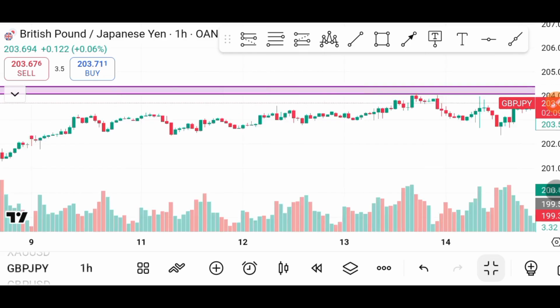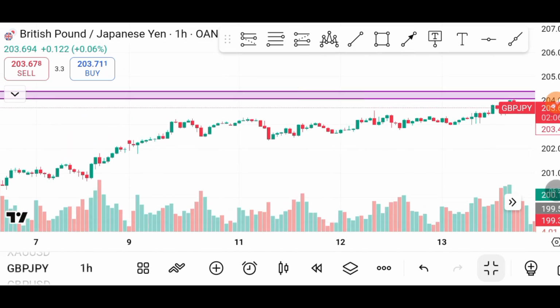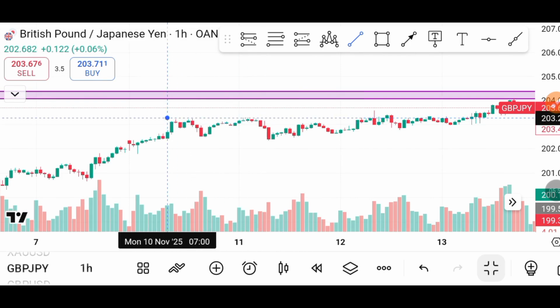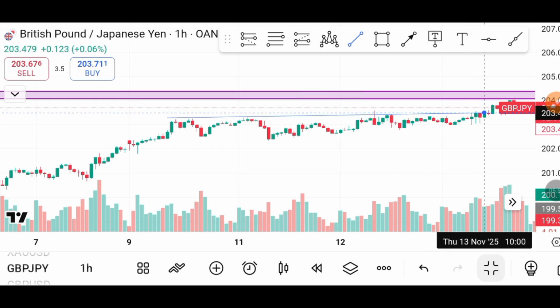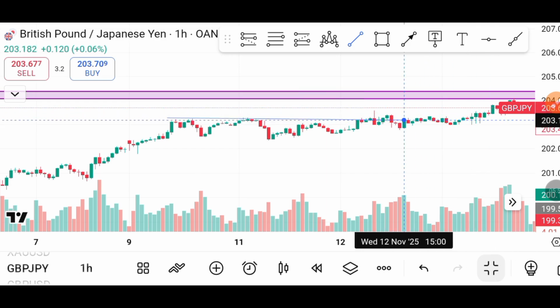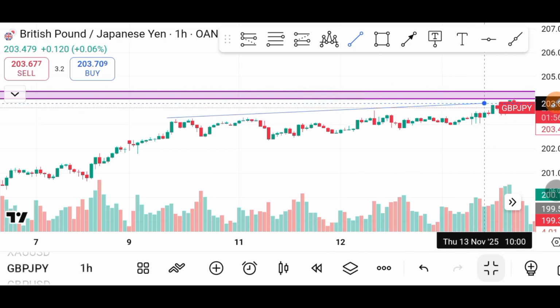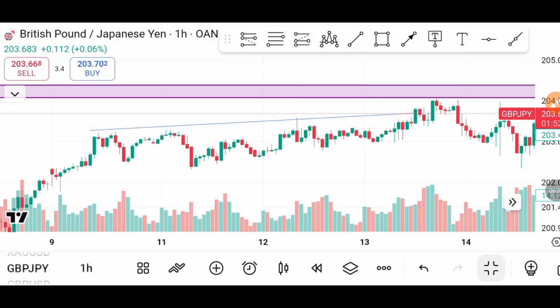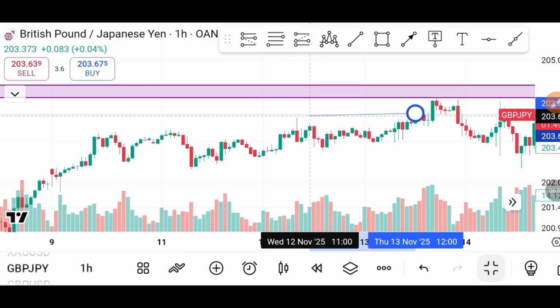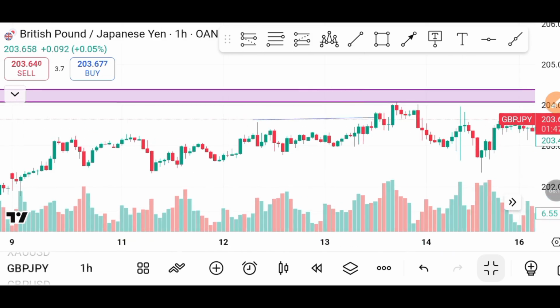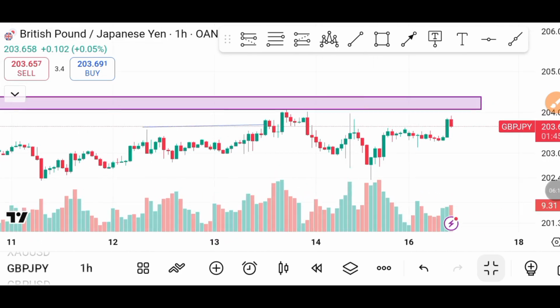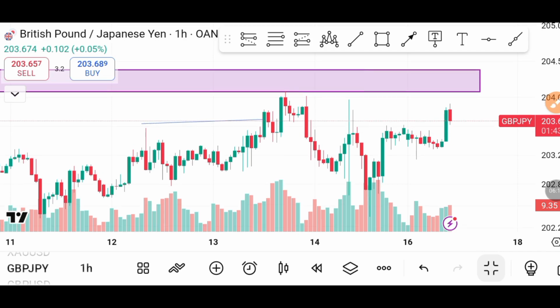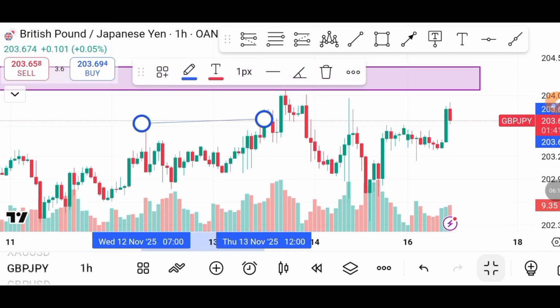But then price is still bullish because we have this overall breaker structure to the upside on the 1 hour time frame, more like a general breaker structure. So let me just adjust it a bit more so that you get to see this clearly. So this is where we have the breaker structure indicating that price is still very much bullish. Guys, are you seeing this? So this is the breaker structure we have